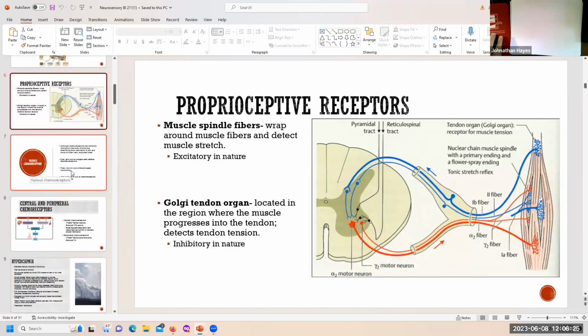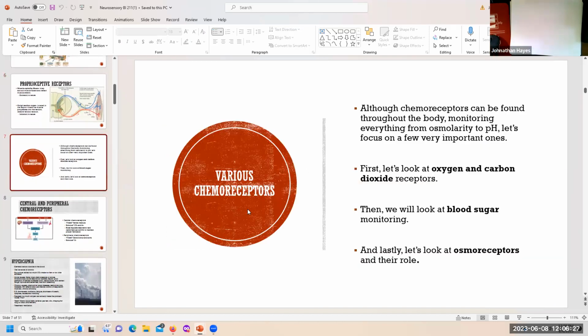Let's see. Now we're getting more clinically relevant, I think. When you get into some of the various chemoreceptors in the body, one type we're pretty aware of is a nociceptor. Nociceptors are what we use in the body to pick up pain, right? Nociceptors pick up some type of noxious stimulus, something that bothers you,